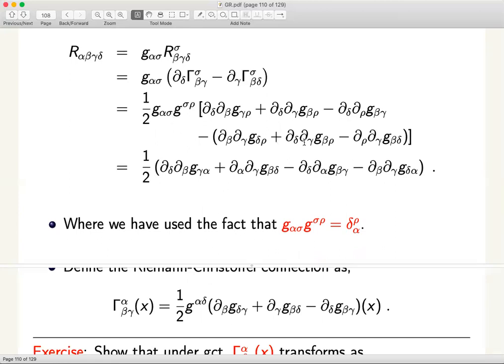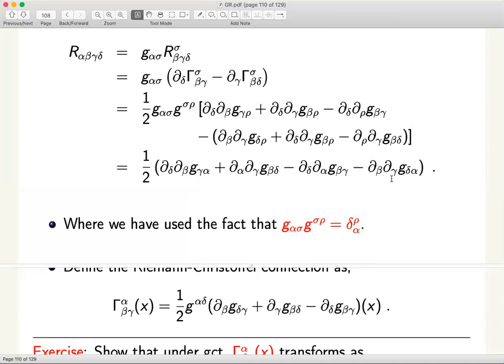I have written it on the next slide. But before that, I have not taken a derivative of G sigma rho at all. I have just pushed the derivative inside the parenthesis. So these are the two expressions. After that, there is a G alpha sigma, G sigma rho, and I use the relation that it is the same as delta alpha rho. Then wherever I have rho inside this expression, I have replaced it by alpha.